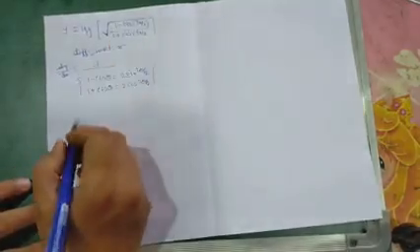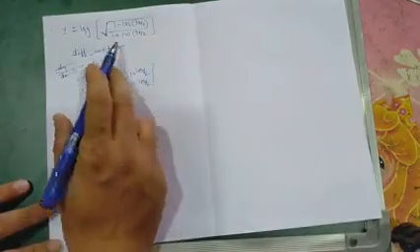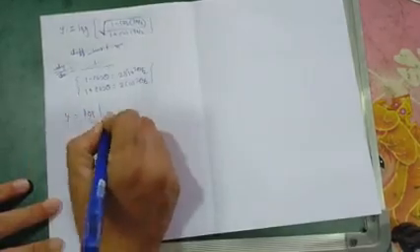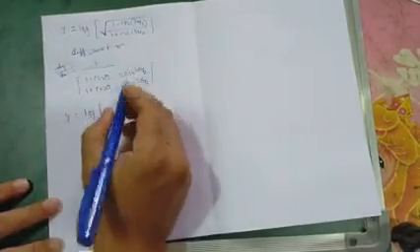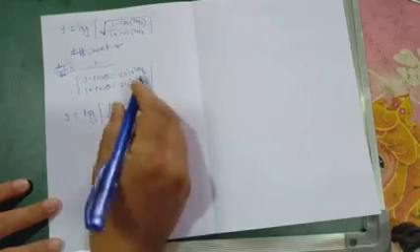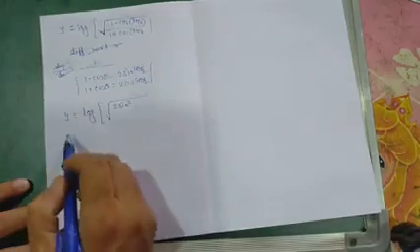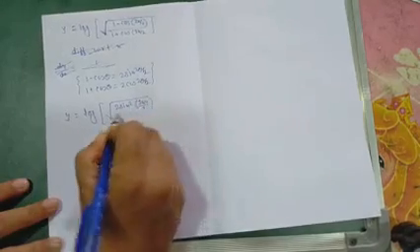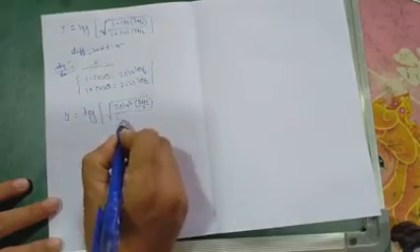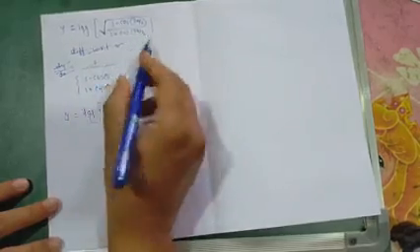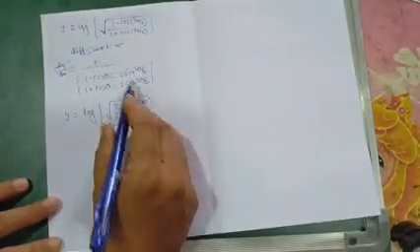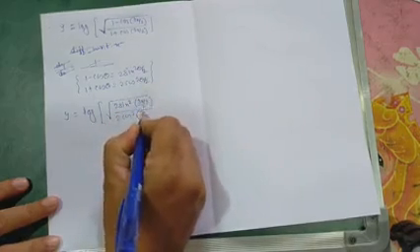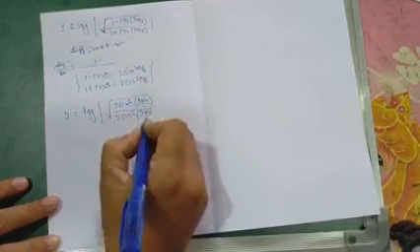Use 1 minus cos in the numerator and 1 plus cos in the denominator, means y is equal to log of under root of 1 minus cos means here 2 sin square theta by 2, here theta is equal to 3x by 2, means 3x by 2 upon 2, and in the denominator 1 plus cos means 2 cos square, here theta is equal to 3x by 2, again 2 cos square theta by 2, means 3x by 2 divided by 2.